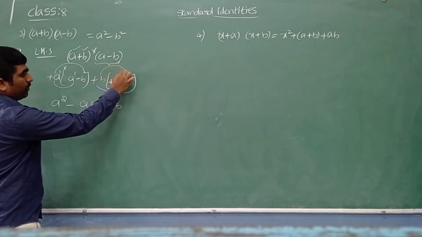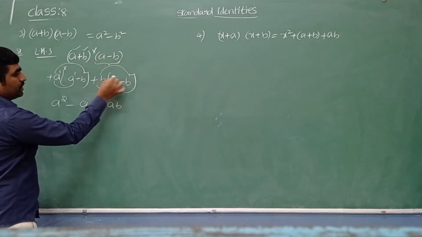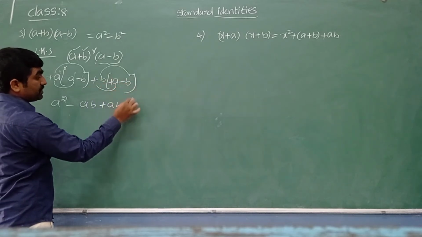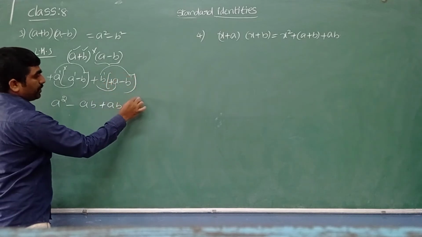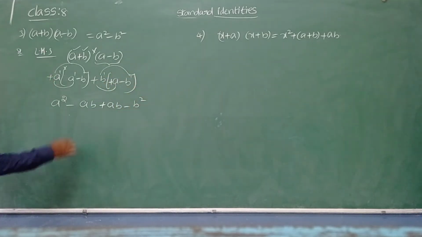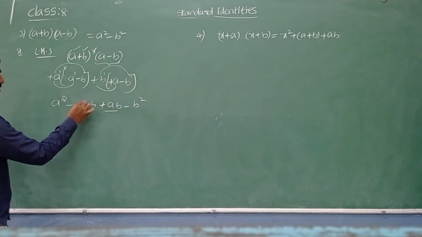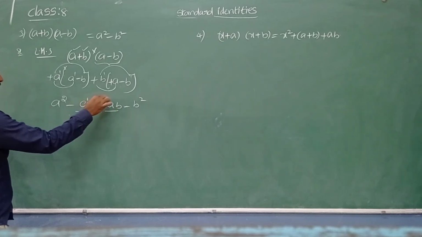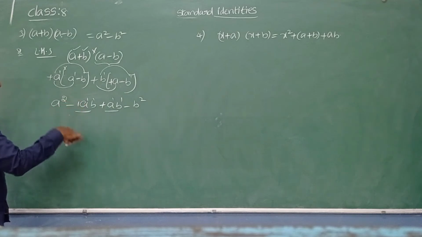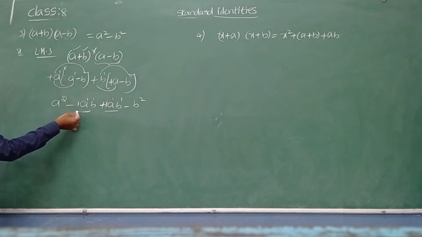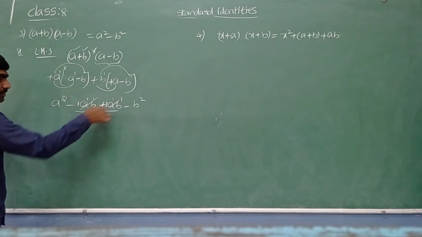Now the first term monomial with second term, plus into minus, minus. b into b, same variable, only one variable, and the power is obtained from the sum of the powers, 1 plus 1, 2. Any like terms? Yes, I can see both like terms have the same variables ab and the same powers. When we have like terms, we can simplify. No coefficient, 1; no coefficient, 1. Minus 1ab plus 1ab cancel, 0.